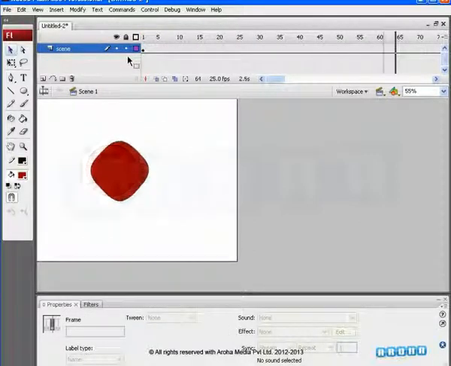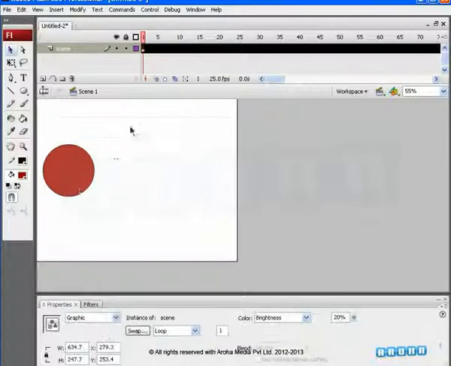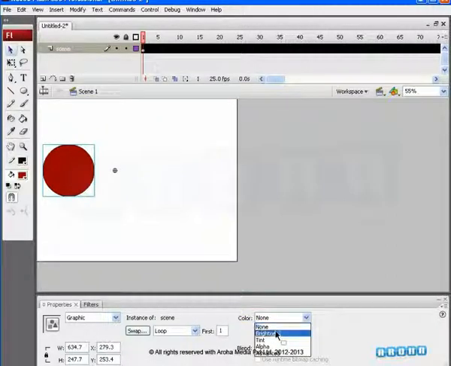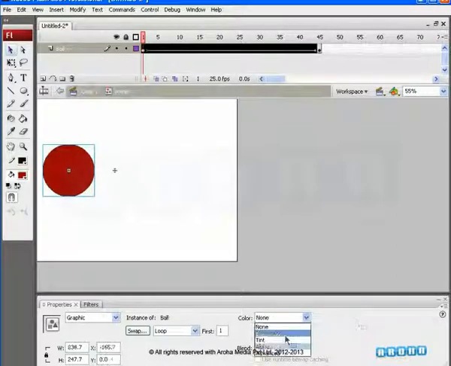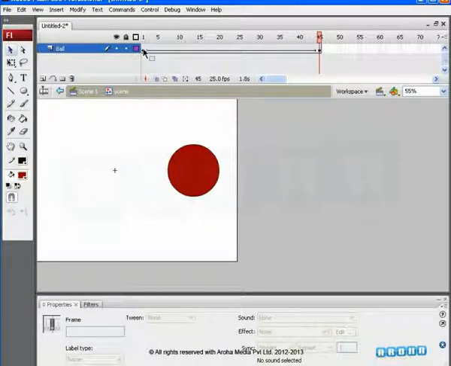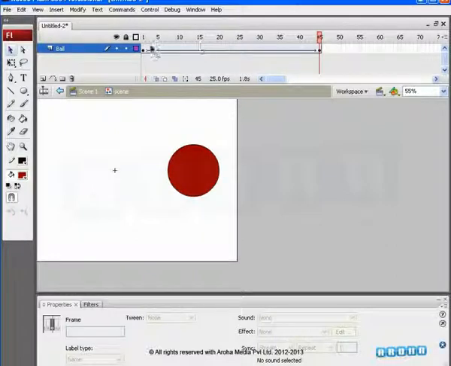Now, let's see the other options in the color drop-down menu. Double-click to enter the scene symbol. Now choose the keyframes and change the object's properties to see how properties like brightness and contrast can be animated. You can use the sliders to change the values. The alpha property is about transparency. You can try giving the value of 0% alpha on the first frame and 100% on the last. As the animation progresses, the transparent object gradually becomes solid.